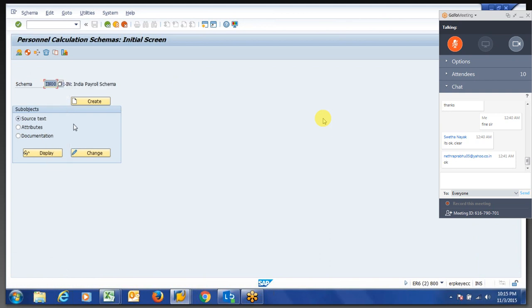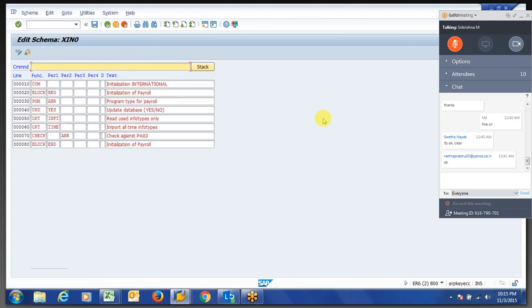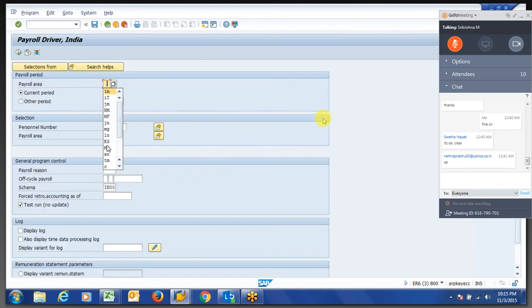Think how it should be in the live server. This should be activated. If you comment this, what will happen? Say I'm running with payroll period 1, it will not check the control record, right? It won't check anything.